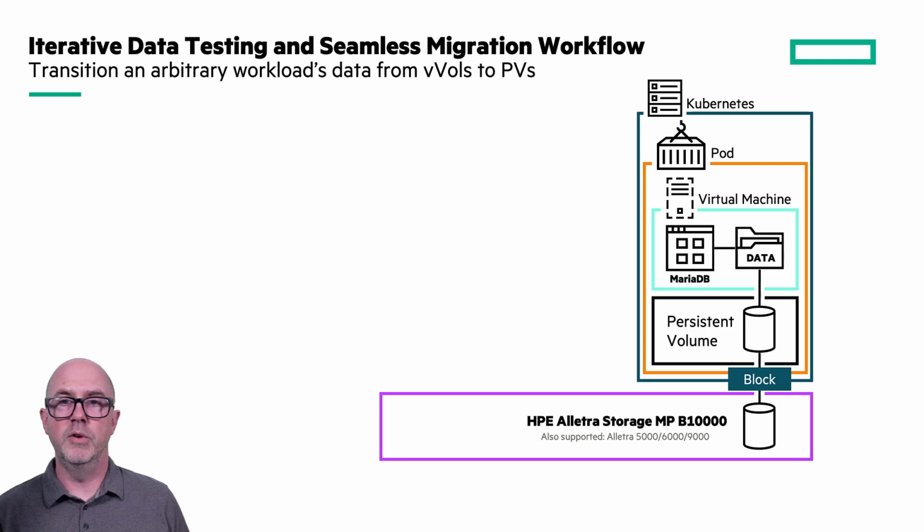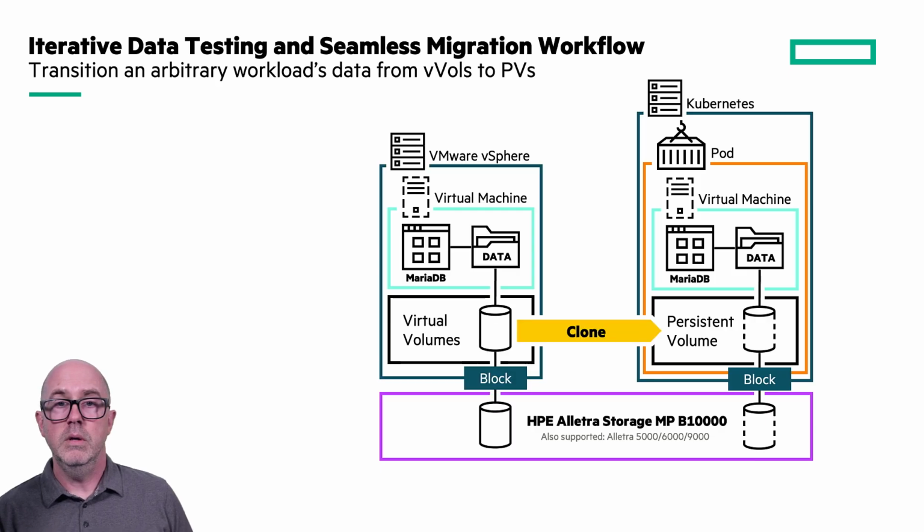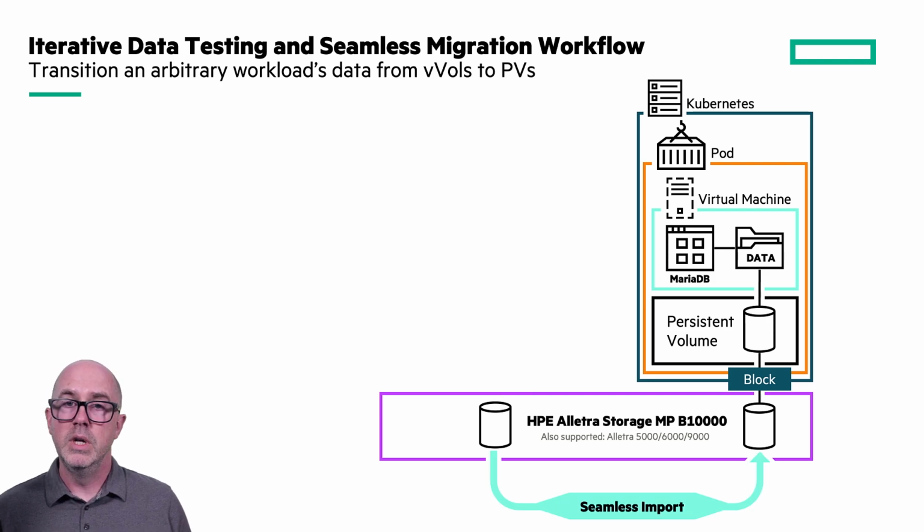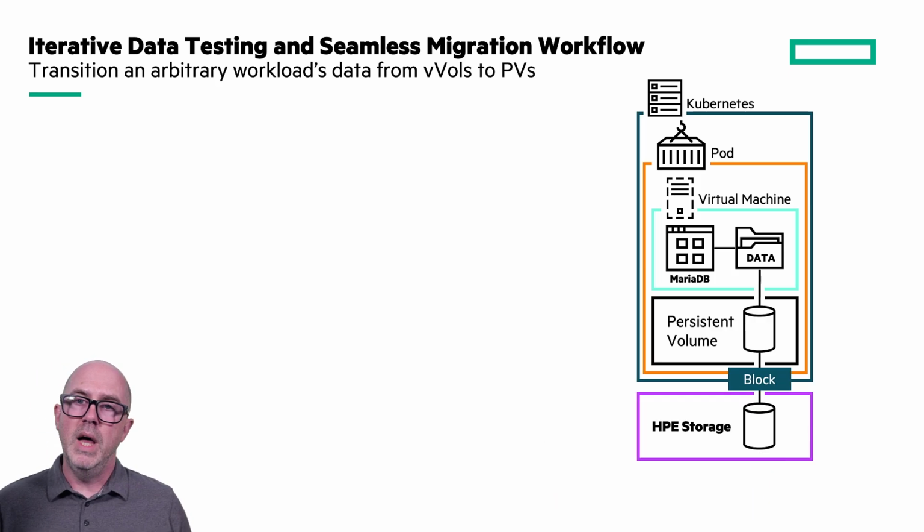Since migrating applications from one infrastructure platform to another isn't trivial, we want to be able to test the migration properly to ensure file systems are mounted where they should be, the application starts as it should, and we can perform basic sanity checks. So we want to start by cloning the source virtual volume into a persistent volume and poke around at the destination, so to speak, before we commit to performing the actual migration. And we want to be able to do this non-disruptively. Once we have the confidence that the transition will work, we can shut down the source VM and perform the cutover. At the end of this demo, we'll have the database running in a KubeVirt VM.